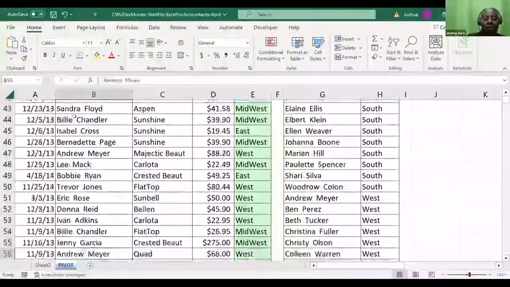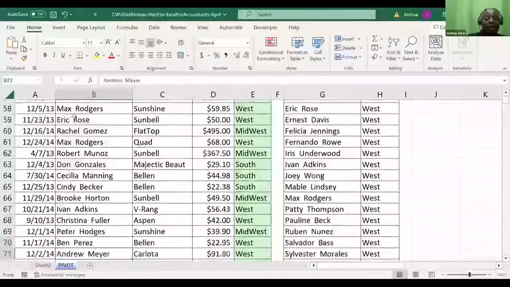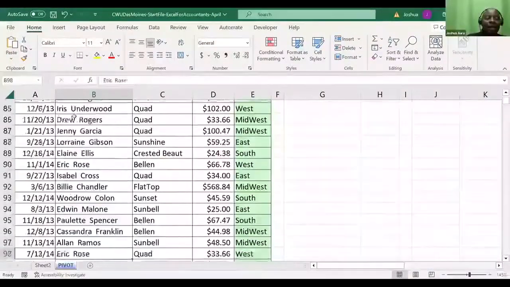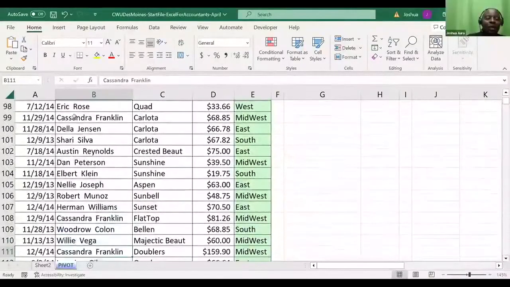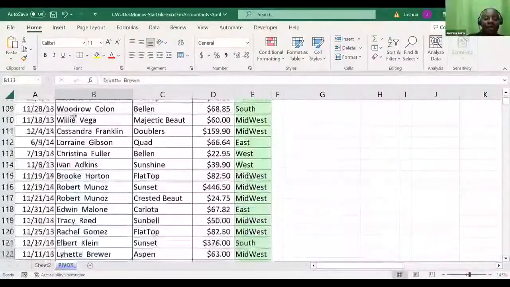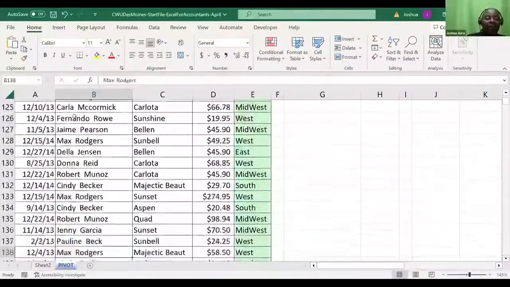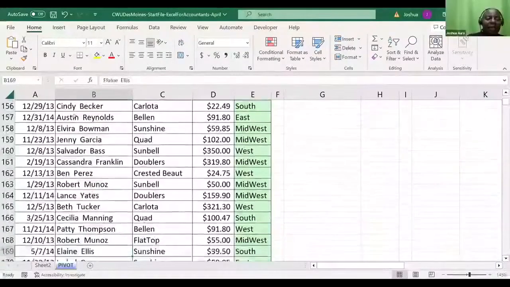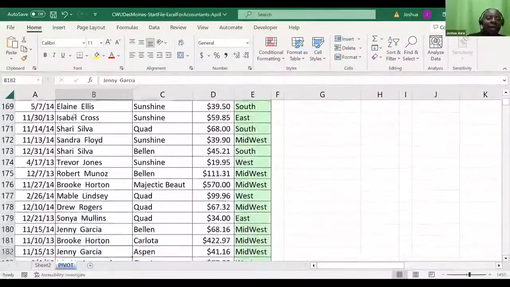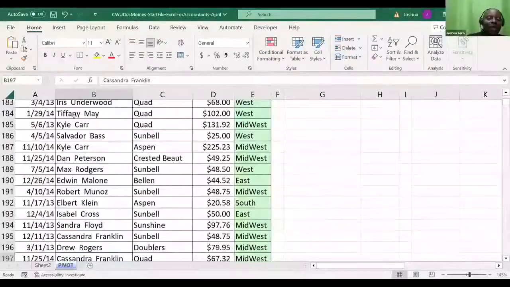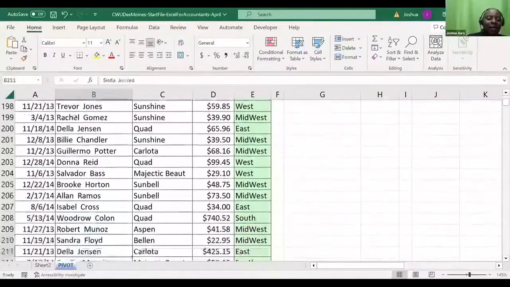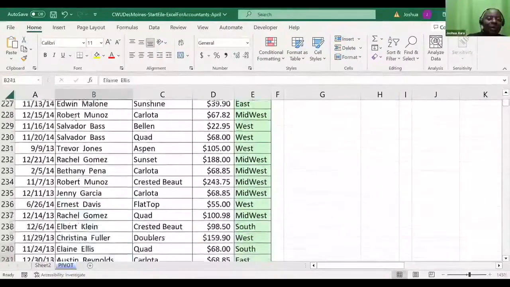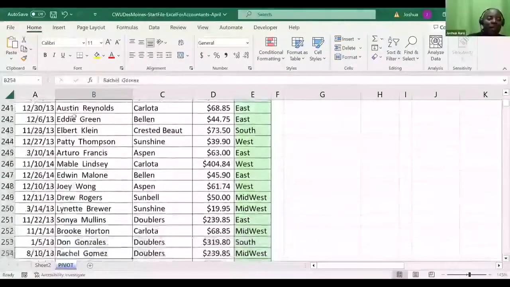Don't tell me that he only appears once, Christy Olson. He seems to be appearing only once. He must have been a very lazy salesman, because so far I cannot see him again. So this must be a salesman who is lazy. But I can see others, ladies and gentlemen, who are coming in twice, thrice. Right? I can see some repetitive salesmen who are able to sell many times. My Christy, whatever, I can't see him again.